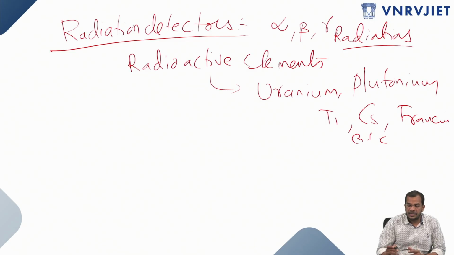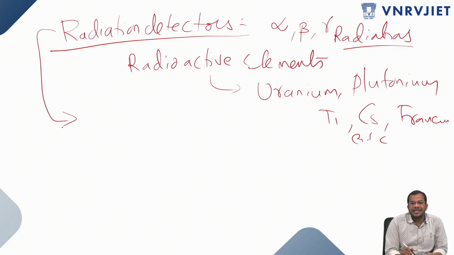The radiations which are emitted by these elements are called radioactive radiations. So these radiations are being detected by using some types of detectors which are called radiation detectors. So the detectors which are basically used for the identification of radiations alpha, beta, gamma are, the first one is GM counter,